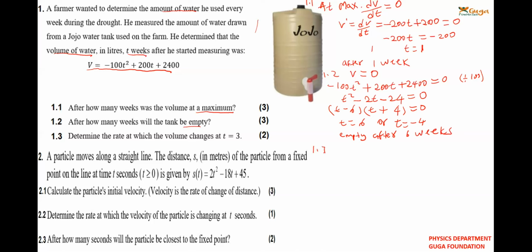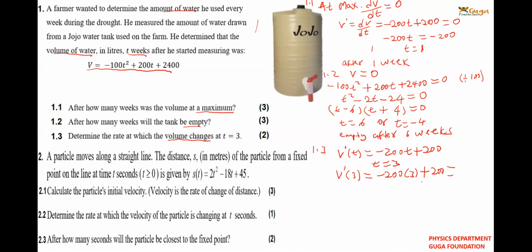So now let's do 1.3. Determine the rate at which the volume changes at t is equals to 3. The rate at which the volume changes, we take it from 1.1 there. Our V prime of t is equals to negative 200 t plus 200. So now our t is equals to 3. Our V prime of 3 will be equal to negative 200 multiplied by 3 plus 200,